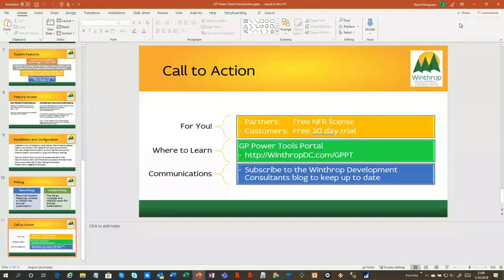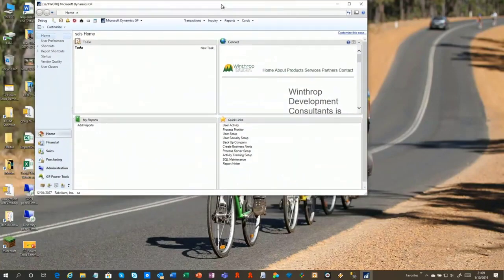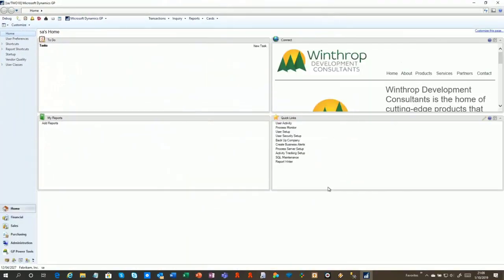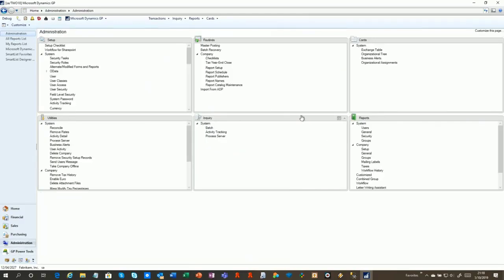Now, what I might do is we'll get into a little bit of a demo. People always like demos, and it's always when something can go wrong. So we've got GP 2018 open here, and we can go to the Power Tools area page. What I'm going to do is take you through the situation where you've got a support